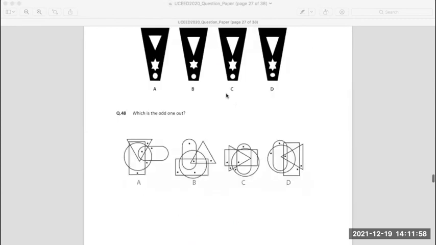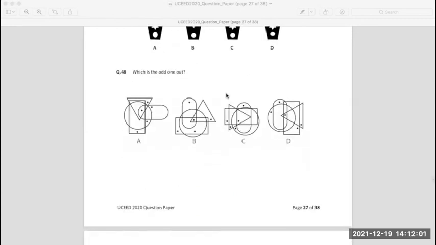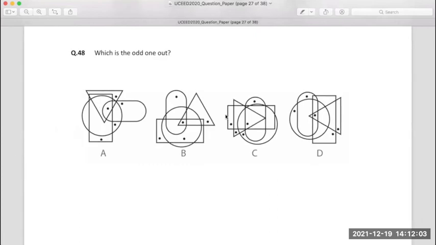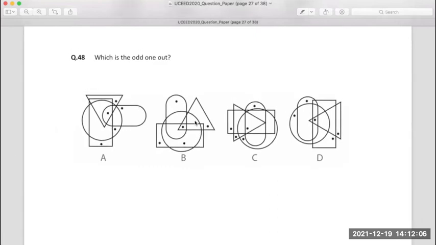All right. This is an easier one. I'll just quickly do this. This is very easy. You have to find which is the odd one out. Simple. What is the rule that is followed in some of the options? There's one odd one out, but there are two rules which are getting followed. Option B is the correct one. Option B is the odd one out.